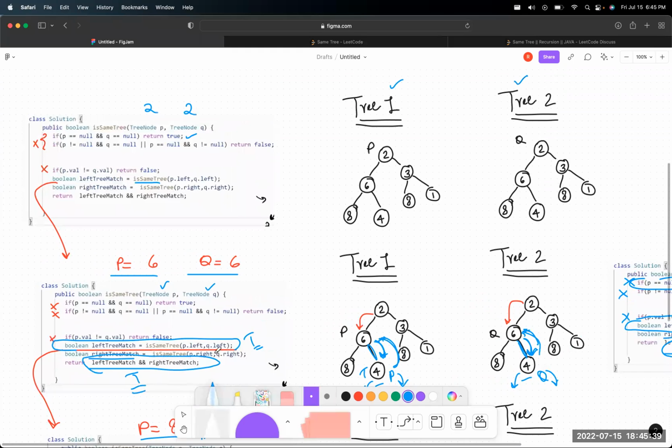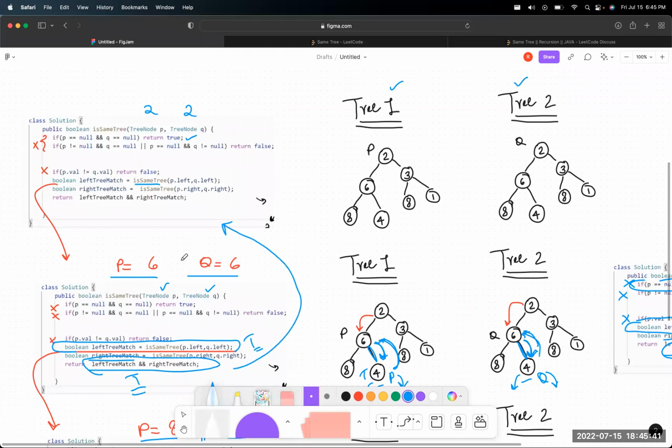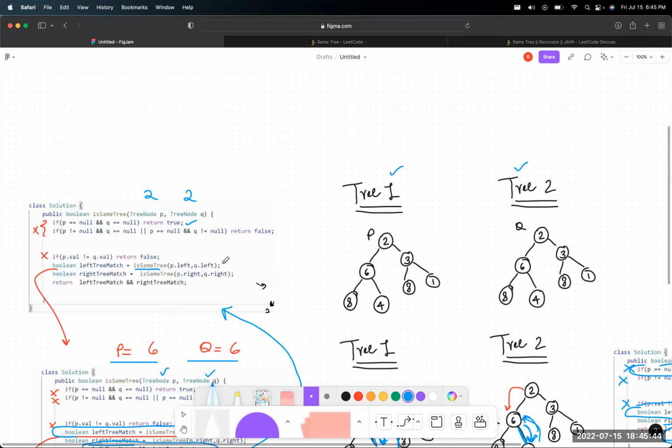And again, this verdict is then sent up to 2, and 2 then asks, okay, because 2 could only know whether its left subtree was the same across both trees if and only if it knew whether 6 had the same on the right and the same on the left. And then 6 could only know whether its left and right subtrees were the same for both if it knew,